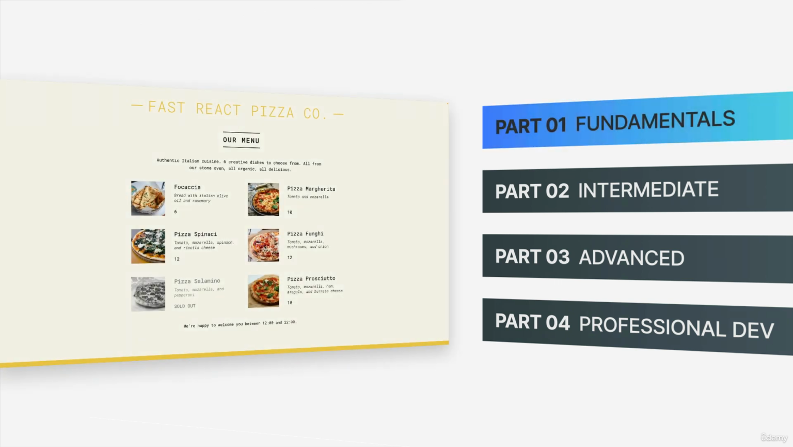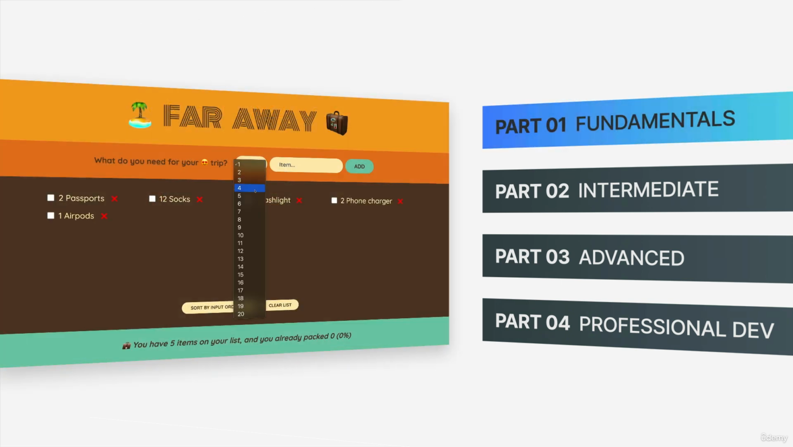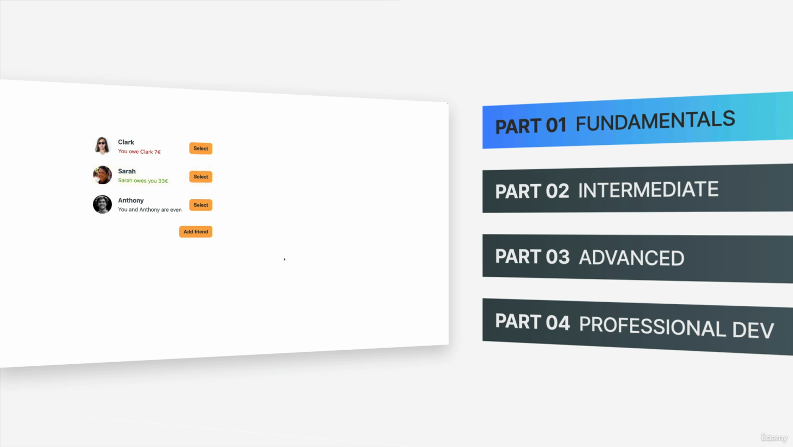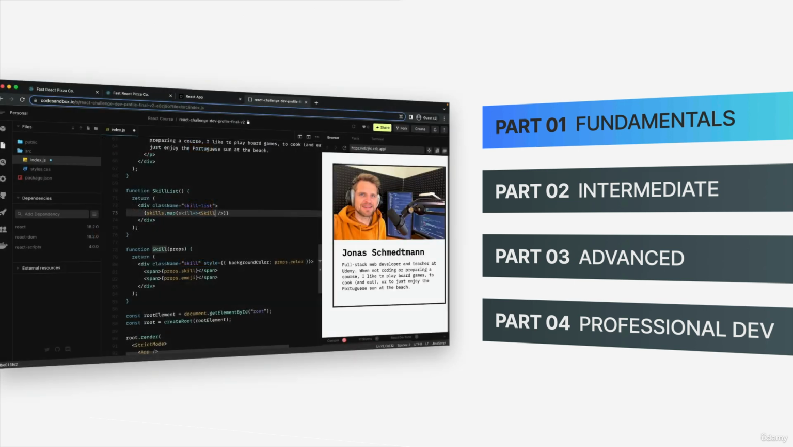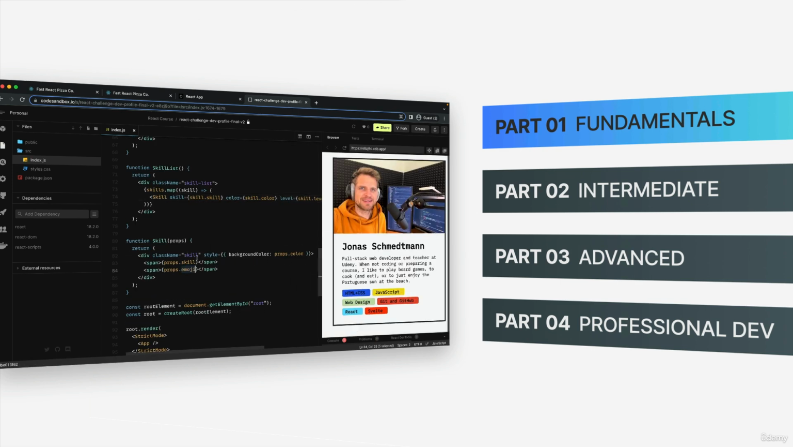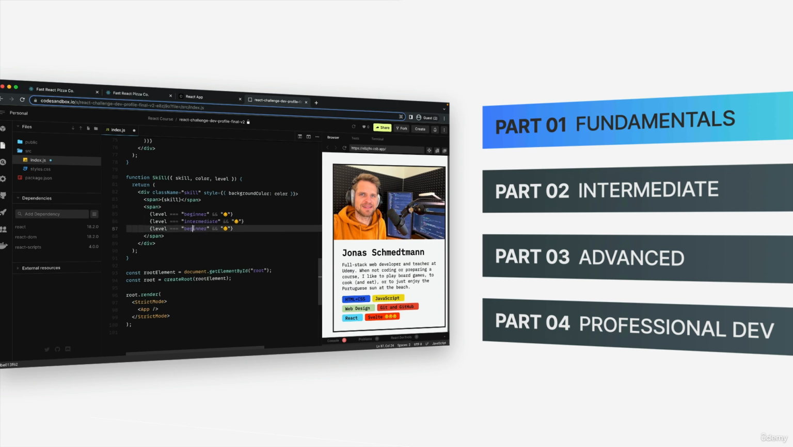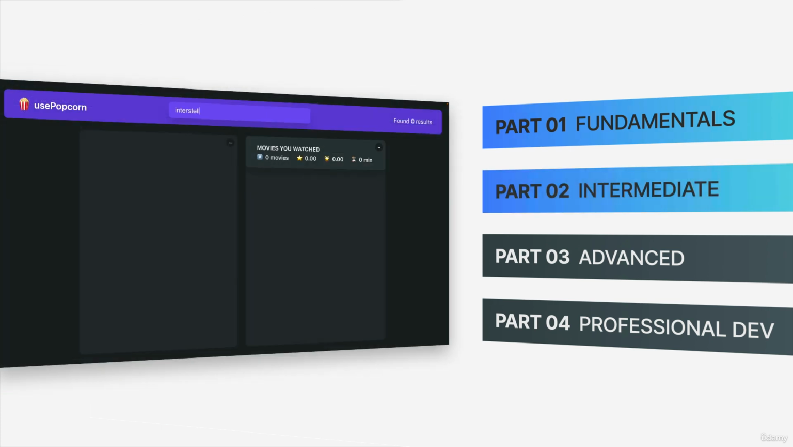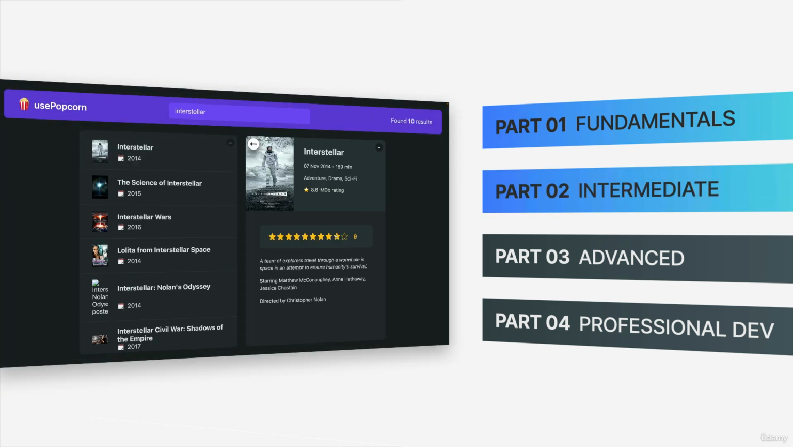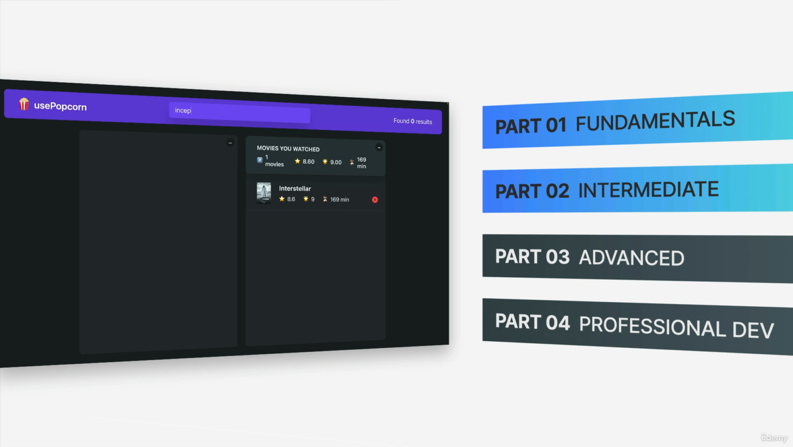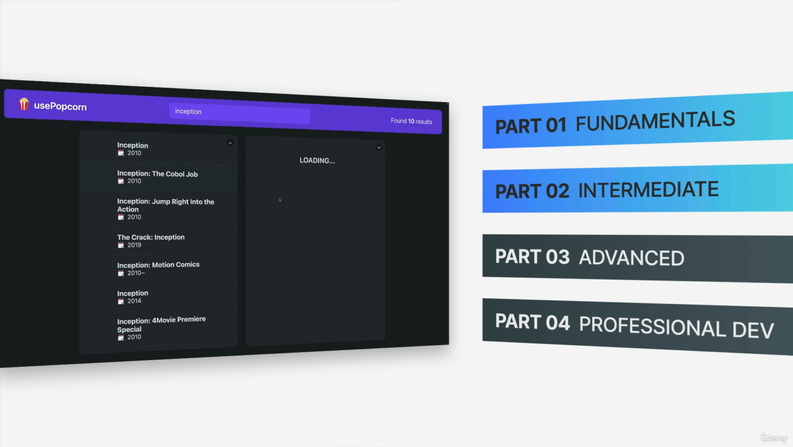In part 1, we're gonna build a few small but nice projects to get you up to speed with React fundamentals such as components, JSX, props, state, and forms. I also included tons of challenges and exercises to get you coding in React on your own right off the bat. In part 2, we build upon these foundations to learn intermediate concepts like data fetching, the useEffect hook, and